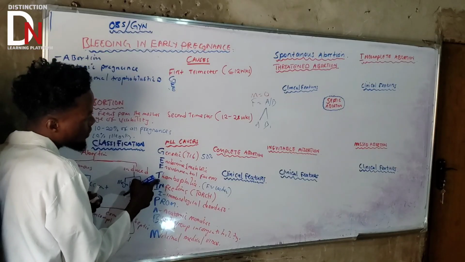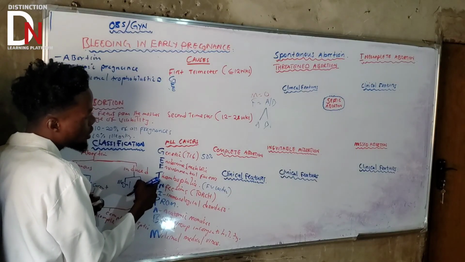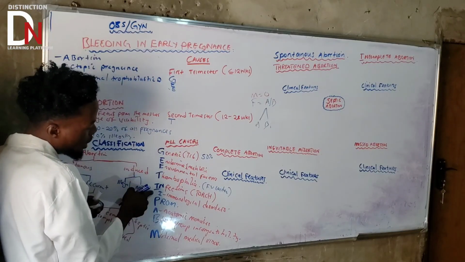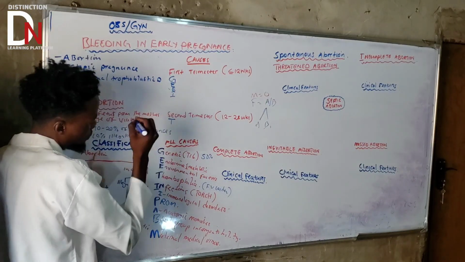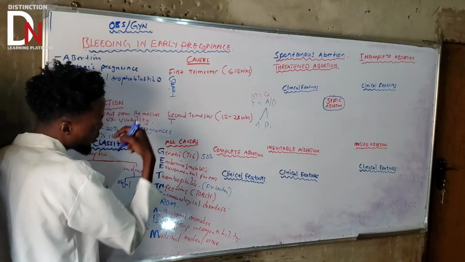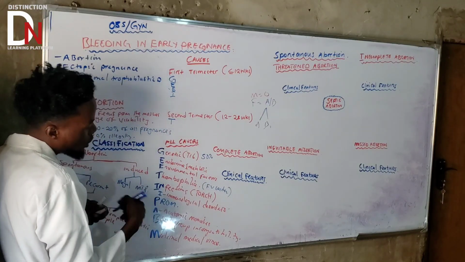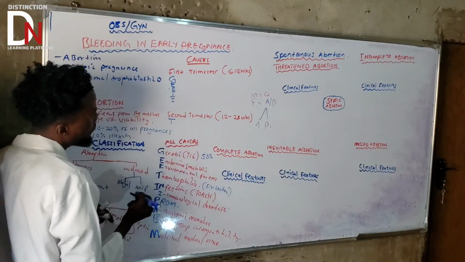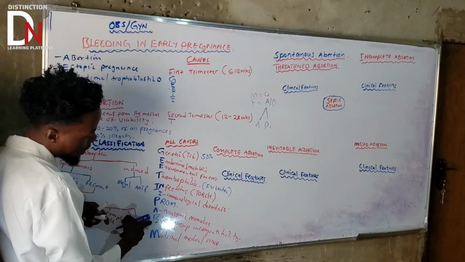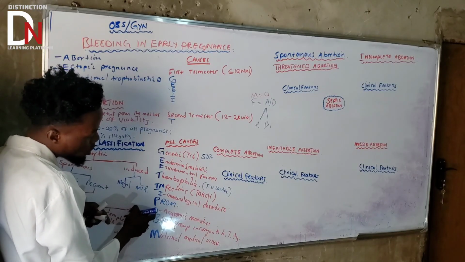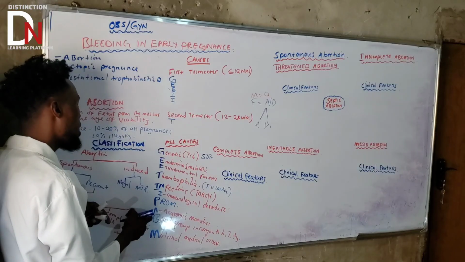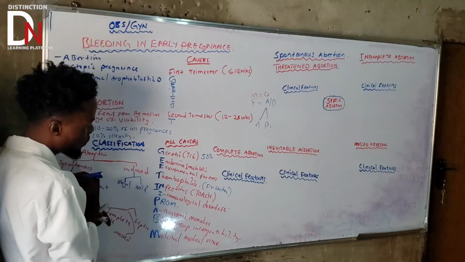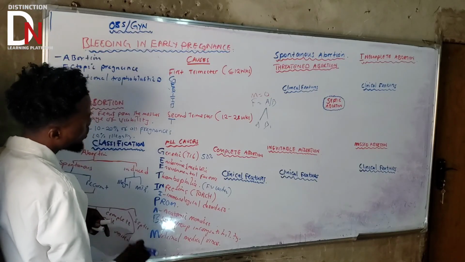Thrombophilia is not one of the causes of the first trimester abortion. It's common in second trimester, so here we're going to put the T. Then infections. And what else? Another I, which is immunological disorder that we talked about, one of the causes of the first trimester type of abortion. Again, anatomical anomalies are not one of the causes of first trimester abortion. Now, blood group: B is one of the causes of the first trimester abortion, but maternal is not one of the causes of first trimester abortion.